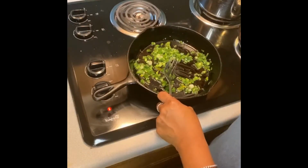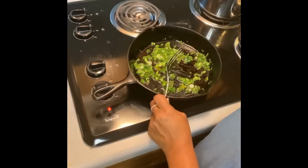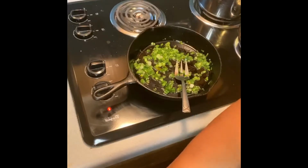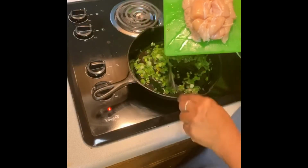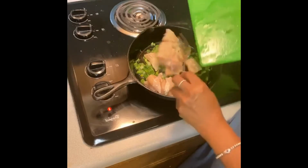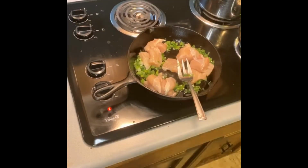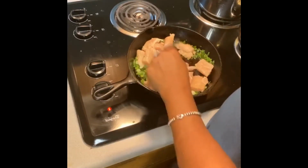So now that we've added our oil and our jalapenos and our green onions, we're going to throw in our chicken. These are chicken tenders that I have here, I just sliced them up. They're not seasoned. We're not seasoning anything right now because it's all going to be seasoned later with our butter, and then we'll throw in some salt and pepper. You want to cook these until they are